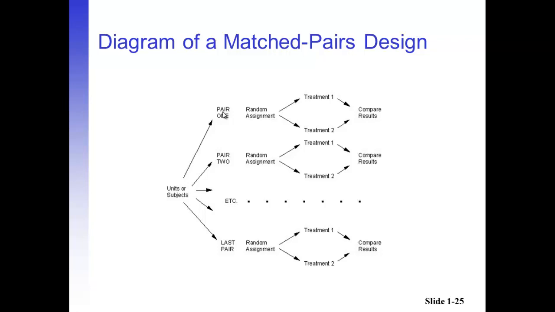Then there is a random assignment of treatment 1 or treatment 2 to the members of the pair. Now, this can be done even with the before and after style. Suppose we wanted to measure the effects of a certain drug on blood pressure. What we could do is measure the patient's blood pressure before they've taken the drug, and then again after. On the other hand, with other patients, we could measure their blood pressure after administering the drug,